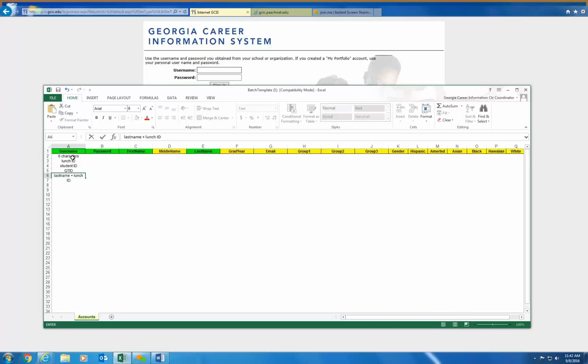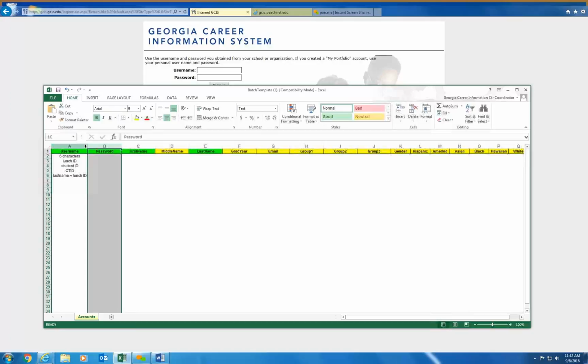Whatever you can think of, we can go ahead and implement that as long as it's not taken by another student. So again, these are different examples of usernames: lunch ID, student ID, GTID, last name and lunch ID, or whatever it is that you decide to come up with. You would also tell us how you would want your password to appear.